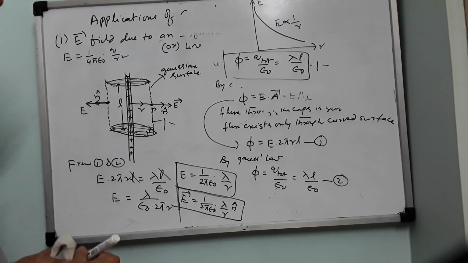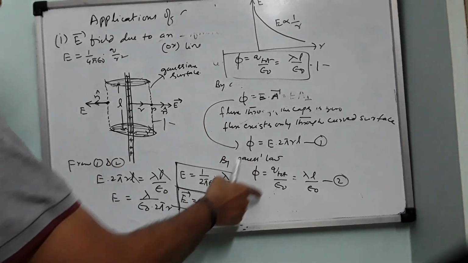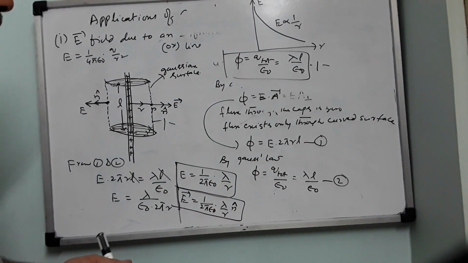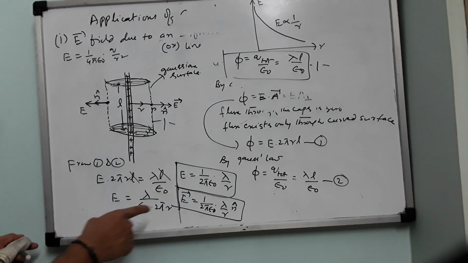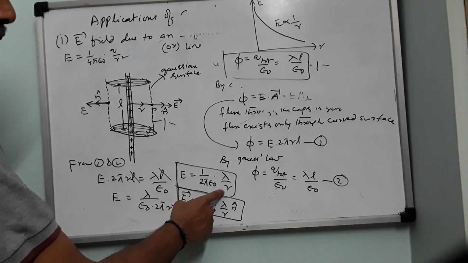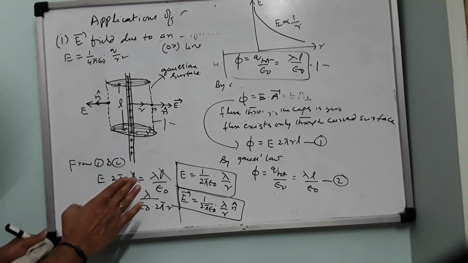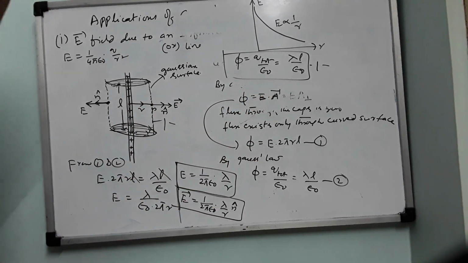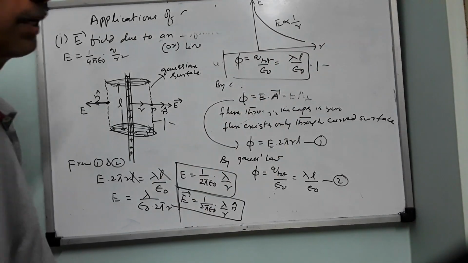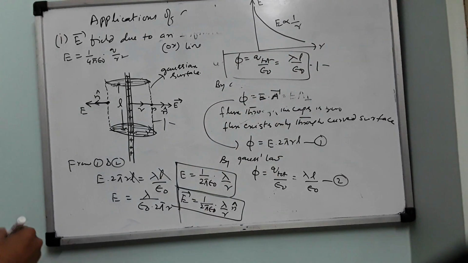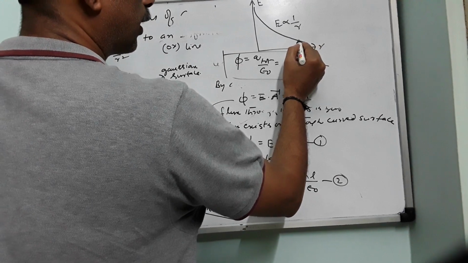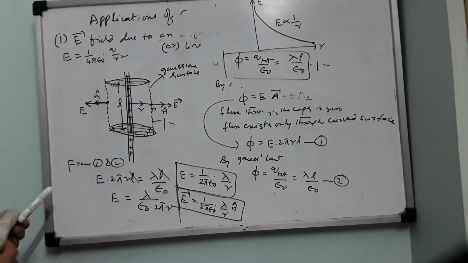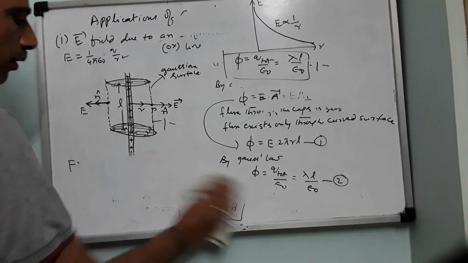To calculate the electric field, you have to incorporate this along with this derivation and equate these equations, and you will get the electric field directly. Right. So electric field due to a line of charge is 1 by 2 pi epsilon naught into lambda by R. So is it going to be a uniform electric field? No. As R increases, E will be gradually decreasing. So this produces a non-uniform electric field, which is shown by the graph like this. Right. So as R tends to infinity, electric field will become 0. So this should almost run parallel to the x-axis. Right. So this is one important application of Gauss law.